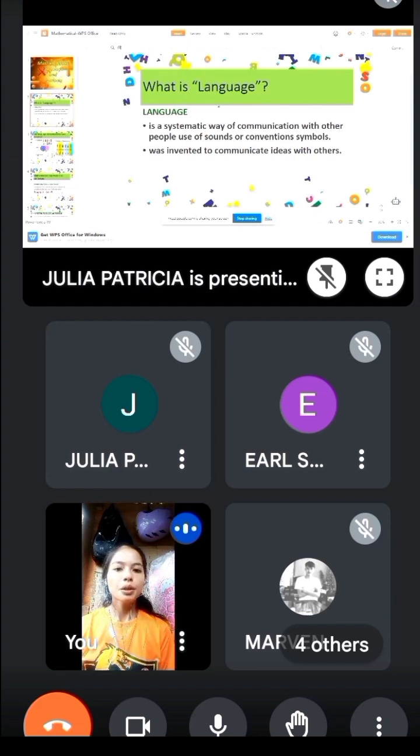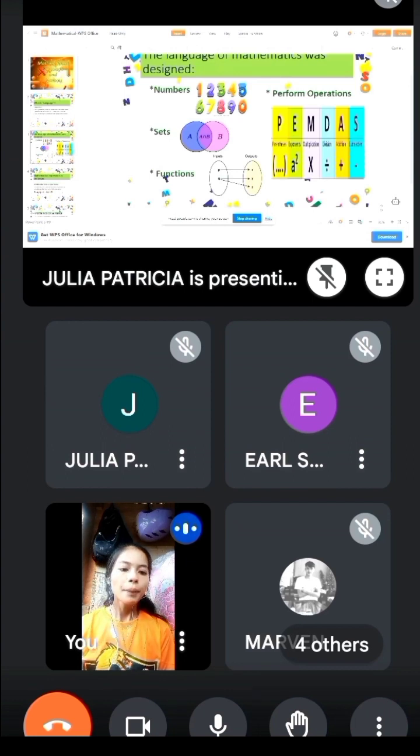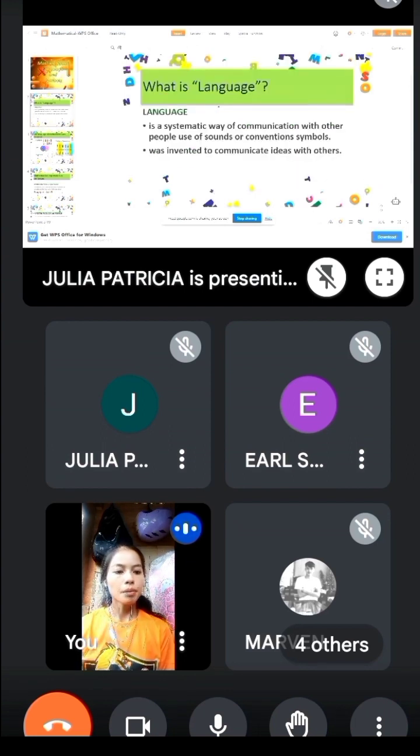Now, the majority of the mathematical names and symbols that we are using are conventional because they have been used by the majority of math learners for many years. Language was invented to communicate ideas with others. So, language is a way that people understand each other. Next,